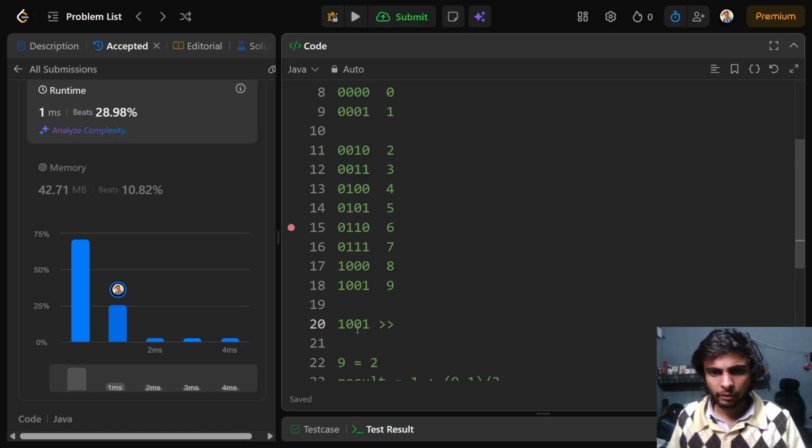Yeah, we are shifting. Well, if I right shift this number with 1, we are shifting it to the left. These numbers to the left and to the right. So in next iteration,